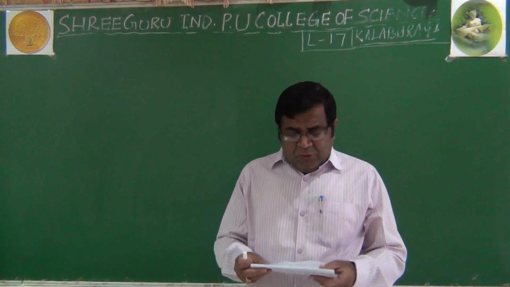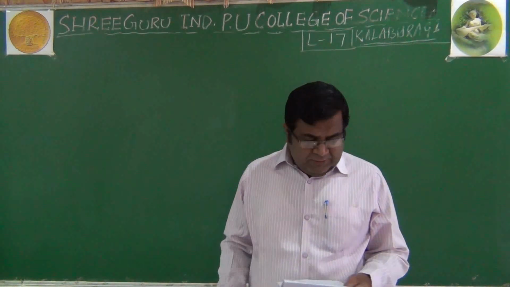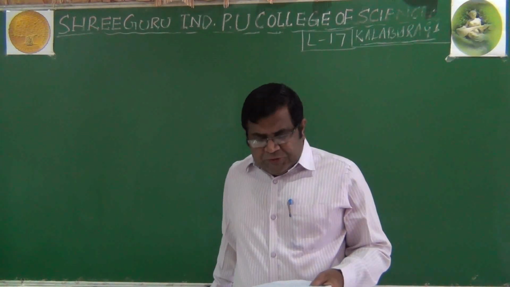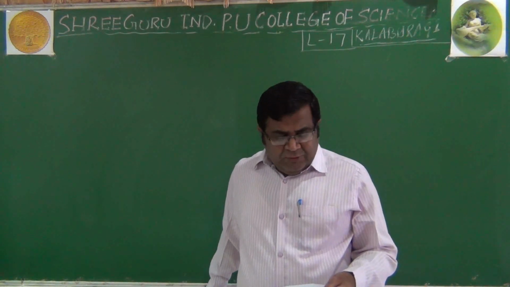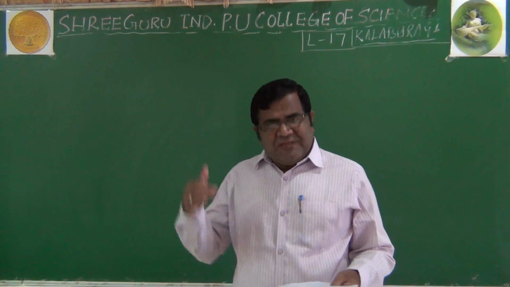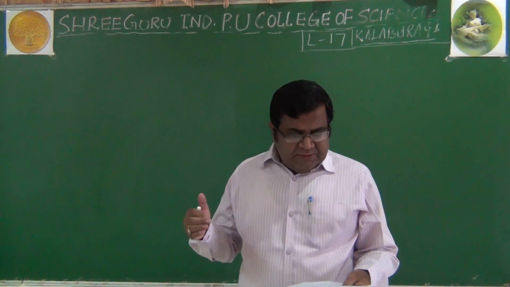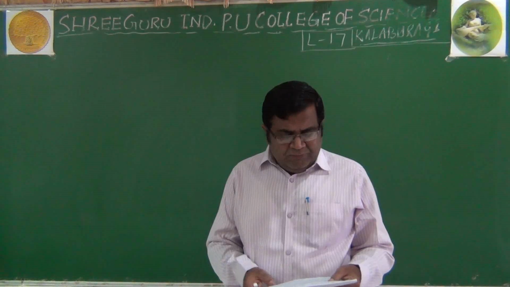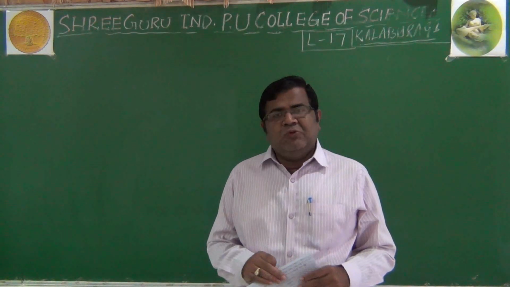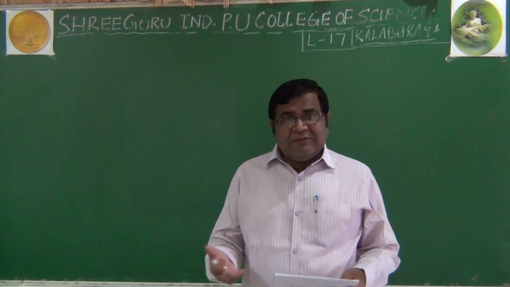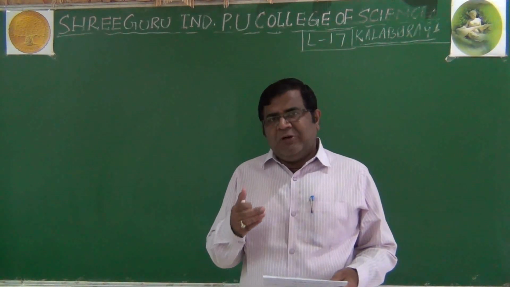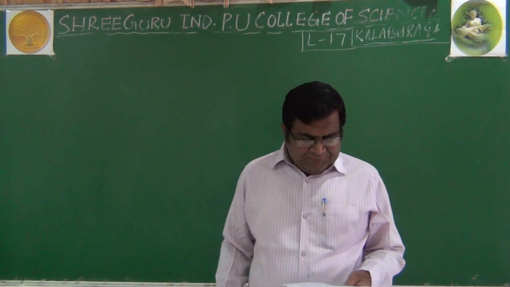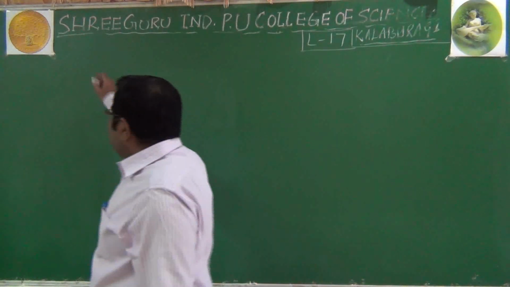Now one more question I have given you as homework: in a zero order reaction, the time taken to reduce the concentration of reactant from 50% to 25%, this is the half-life period, is 30 minutes. What is the time required to reduce the concentration from 25% to 12.5%? This is another half-life period, because 12.5 is half of 25%. So we can write the answer for that.